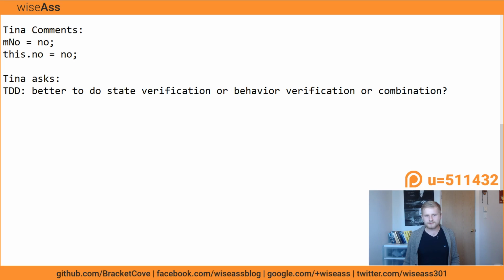And honestly, I'm really not the most qualified person to talk about this, but I can share my thoughts. The question was, for test-driven development, is it better to do state verification or behavior verification or a combination of both? If I recall correctly, Uncle Bob is really big on state verification, and if I'm not mistaken, he uses fakes primarily versus mocks. So all I'm really going to do here is briefly explain what these things mean, and then I'll give a couple of thoughts on it.